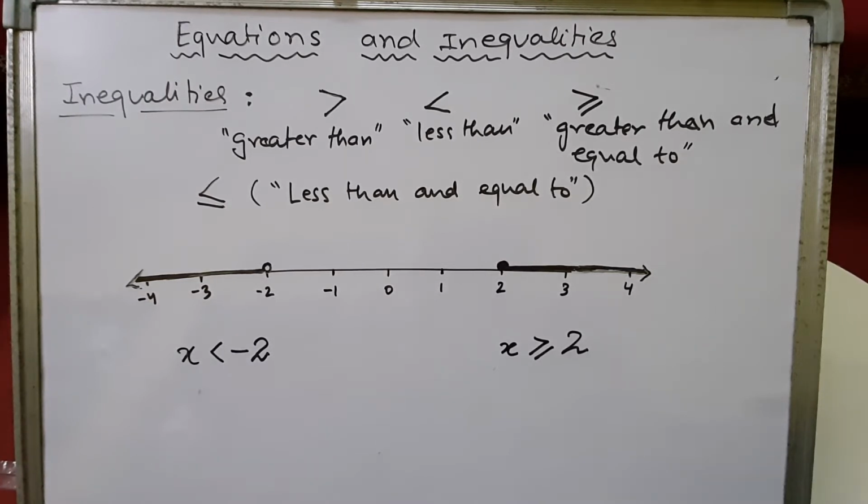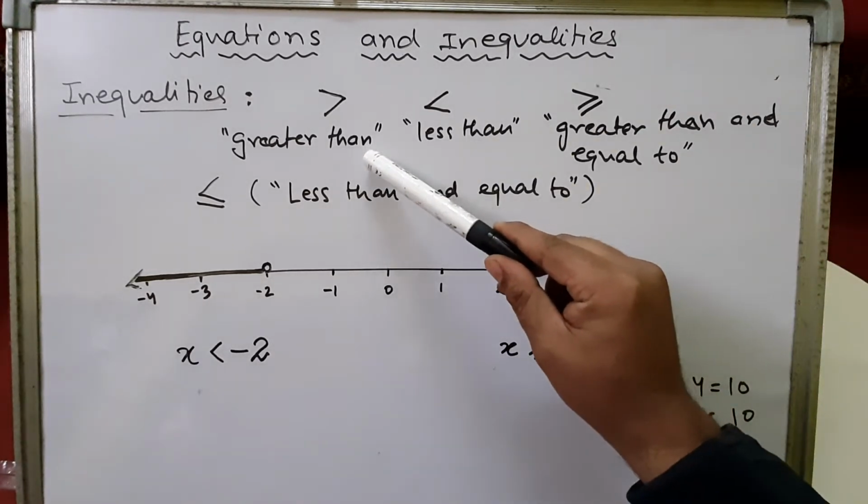For comparison, if it is written 3x + 4 = 10, whenever the equals sign is used, we'll get the exact value of x. But if it is written 3x + 4 < 10, whenever an inequality sign is used, less than, greater than, less than or equal to, or greater than or equal to, we'll get the range of values of x. So this is the solution of an inequality, where we get a range of values of x. This is what we have already studied in previous classes.